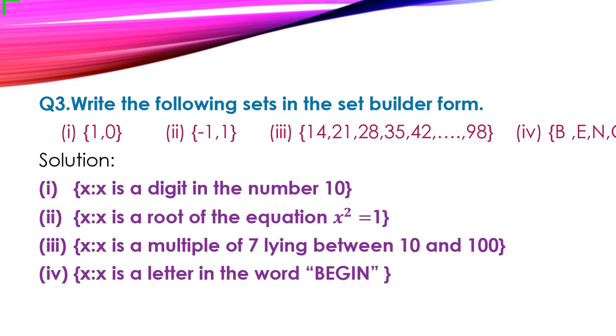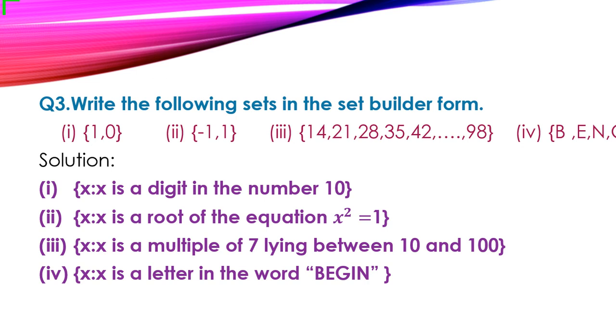So we all know that x square is equal to 1 contains the roots minus 1 and 1. So I have written just that one only. Next, 14 comma 21 comma 28 comma 35. So this is particularly following a pattern, right, students? And these all are multiples of which number? 7, right? And here starting from 14, 2 digit, and ending with 98, 2 digit, means these are within